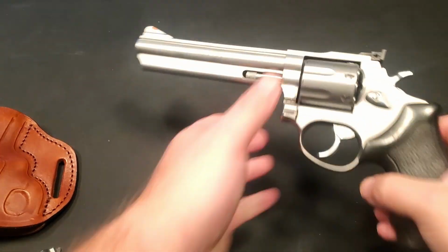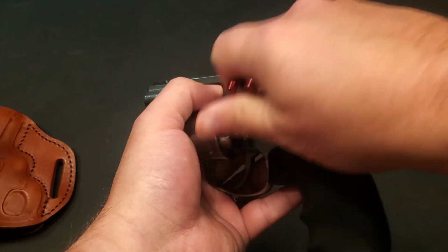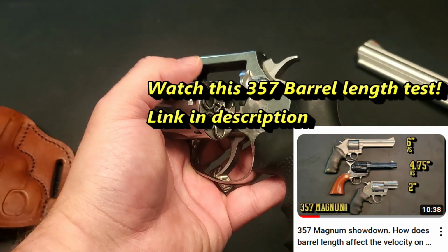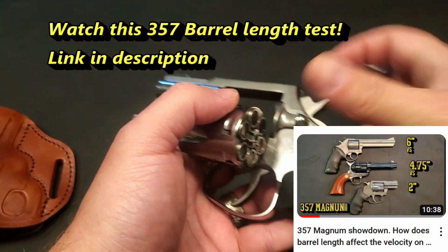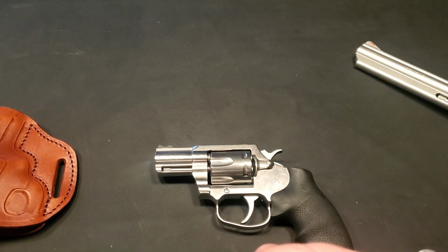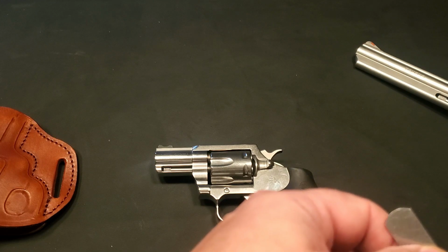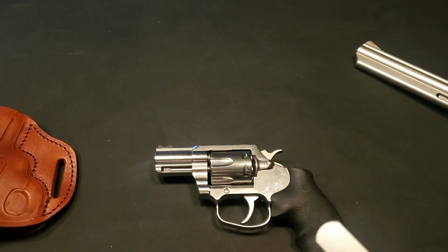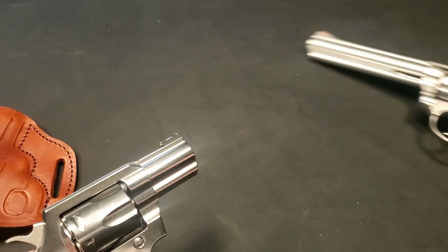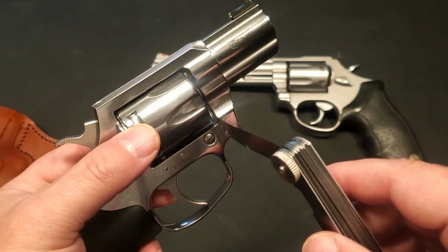But yeah, I did a video comparing velocities, same ammunition, between different barrel lengths on these. I used a GP100 and I used a Cimarron single action and this Taurus and then this Colt. And this Colt had just about 50 feet per second lower velocities than this 6-inch barrel Taurus. I was getting, on average, just normal Perfecta ammo,